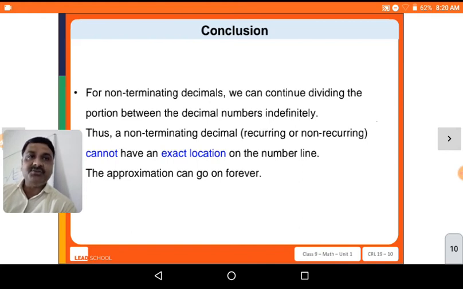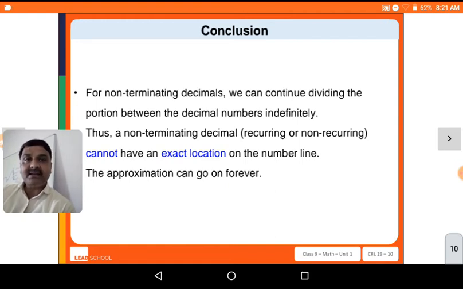Now conclusion for that, for non-terminating decimals, we can continue dividing the portion between the decimal numbers indefinitely. Thus, a non-terminating decimal, recurring or non-recurring, cannot have an exact location on the number line. So approximation can go on forever. So for non-terminating decimal, we can continue dividing the portion between the decimal numbers indefinitely। मतलब हम उसको